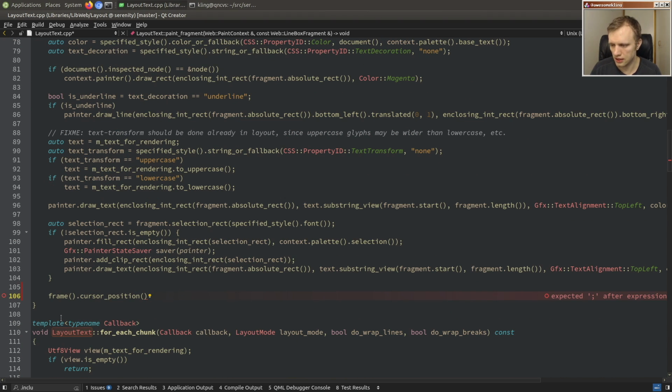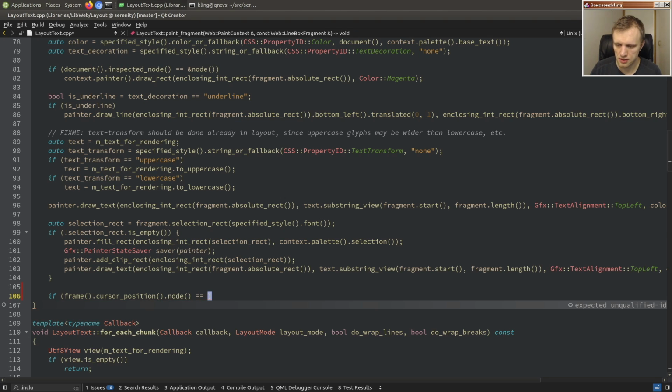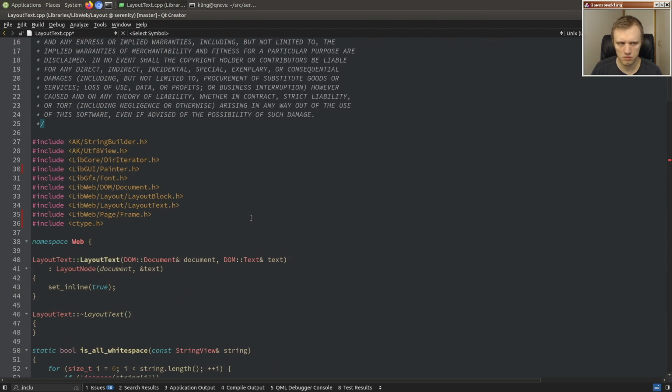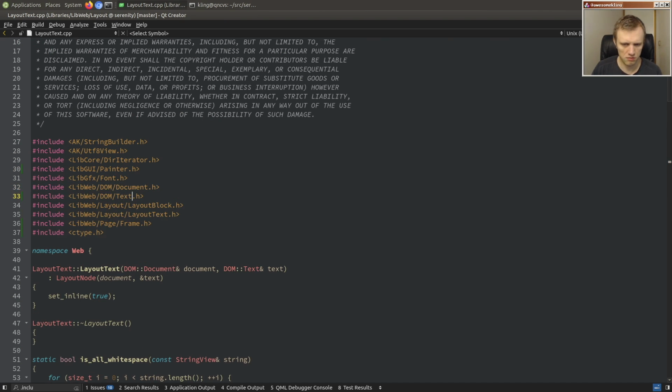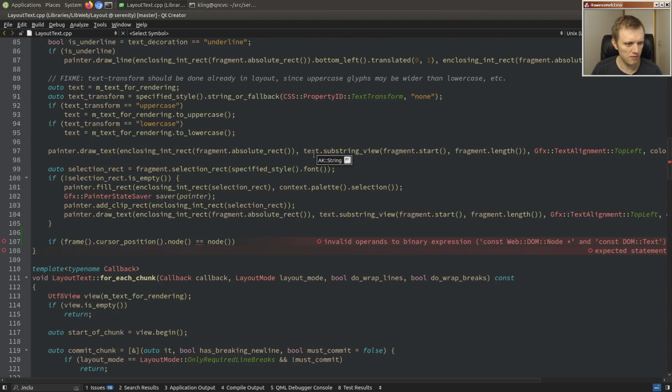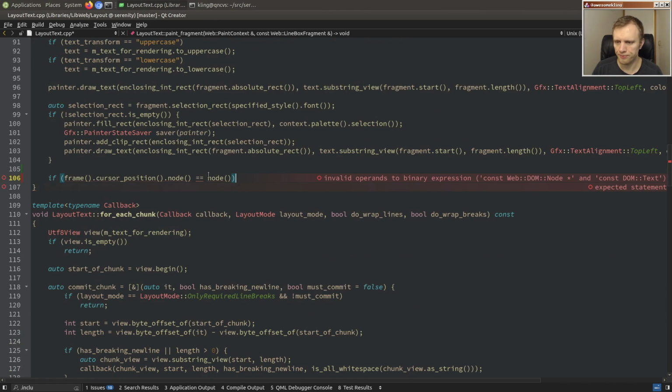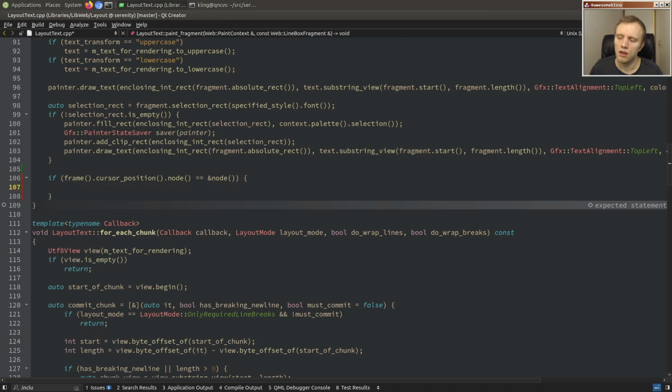We have to look at if cursor position dot node is my node. Oh wait, why are those not compatible? Do I not see text from here? Oh, wait, back up. It's a reference versus a pointer. I'm being silly. Okay, so if they are one and the same,